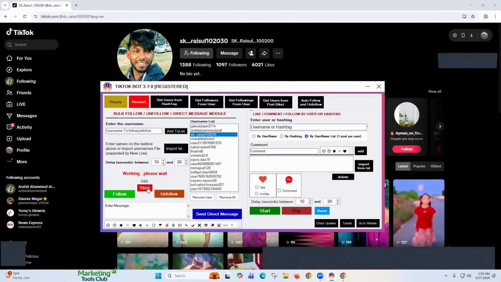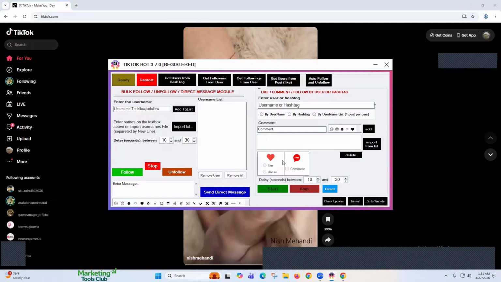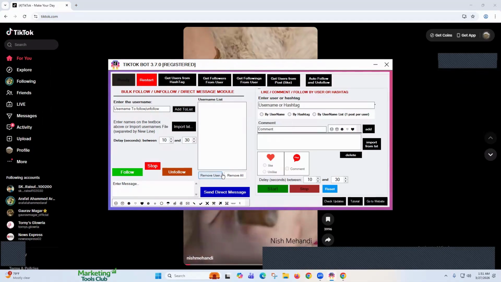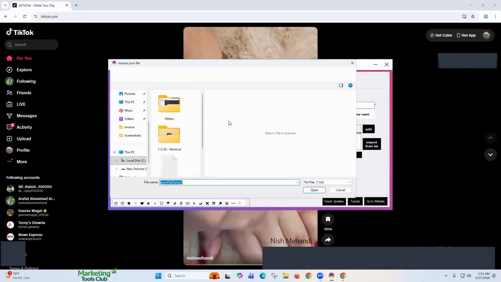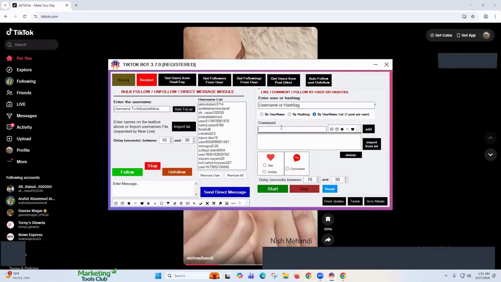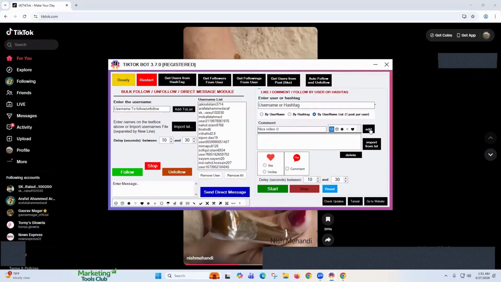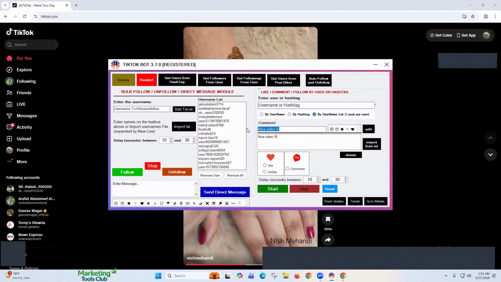Now here's where it gets interesting, because this is not about fake growth. It's about visibility. Every time your account interacts with someone, your profile appears in front of them. And when that happens repeatedly, something powerful happens. Familiarity. And familiarity builds trust. When people start seeing your profile again and again, they stop ignoring it. They click, they explore, they watch. And if your content connects, they follow. This is why some accounts grow steadily, even without going viral, because they are not waiting for exposure, they are